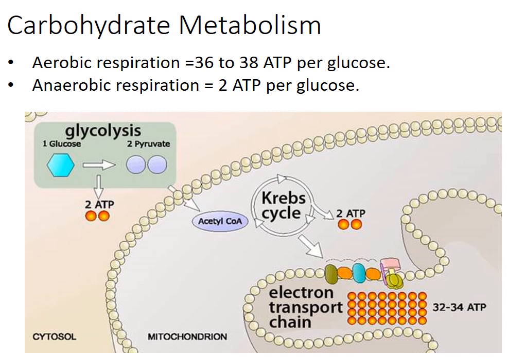During aerobic respiration, oxidation of glucose in tissues occur in 3 stages, namely glycolysis, Krebs cycle, and electron transport chain. Aerobic respiration produces up to 36 to 38 ATP per glucose molecule. 2 ATPs are generated during glycolysis, 2 are generated during Krebs cycle, and approximately 32 to 34 ATPs are generated during electron transport chain. On the other hand, in anaerobic respiration, only glycolysis occurs and therefore only 2 ATPs are generated.